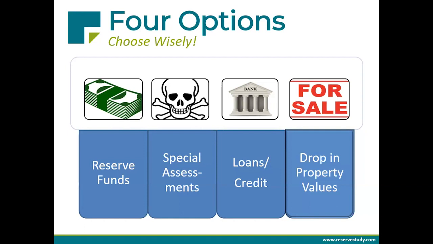Now, why would I have that ranked after a special assessment? Why is that worse? Well, it's because it's going to cost you more. You're financing part of it, and so you're going to pay some interest on that money. And then what happens if you don't do any of those, right? You don't have reserves, you can't pass a special assessment, and you're not able to borrow money. The only logical conclusion is your property falls apart, right? You don't have money to take care of it. It's going to start to decline in terms of property value. So that's when owners would really feel that, when they go to try to sell their unit and find out it's not worth what it should have been.